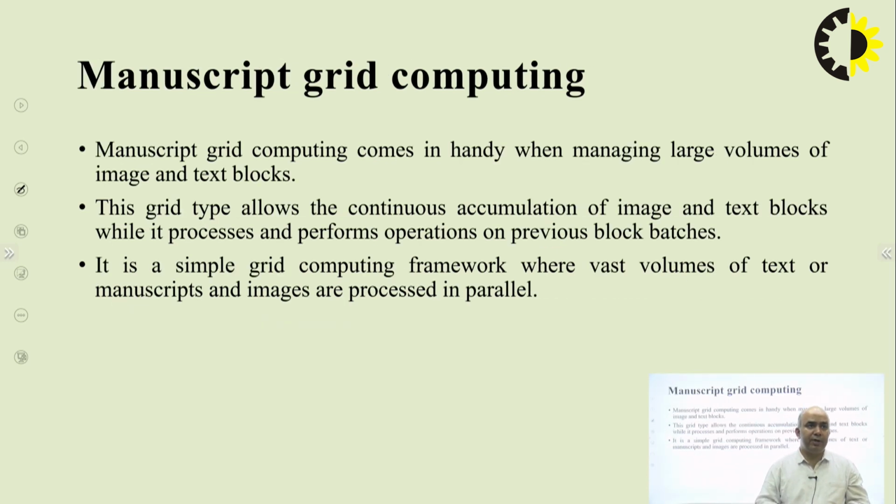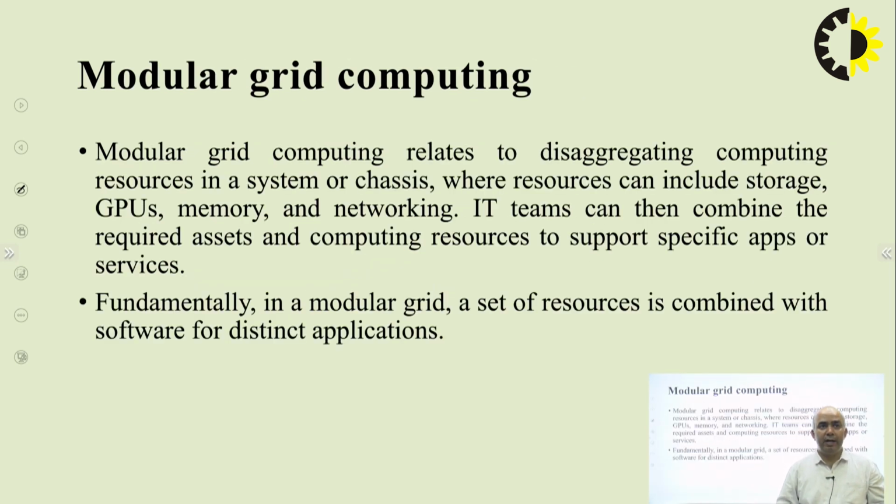Another, manuscript grid computation, comes in handy when managing large volumes of images and text blocks. This type of grid allows the continuous accumulation of images and text blocks while performing operations on the previous block batches. It is a simple grid computation framework where various volumes of text, manuscripts, and images can be processed in parallel. Then we have modular grid computing, which is related to